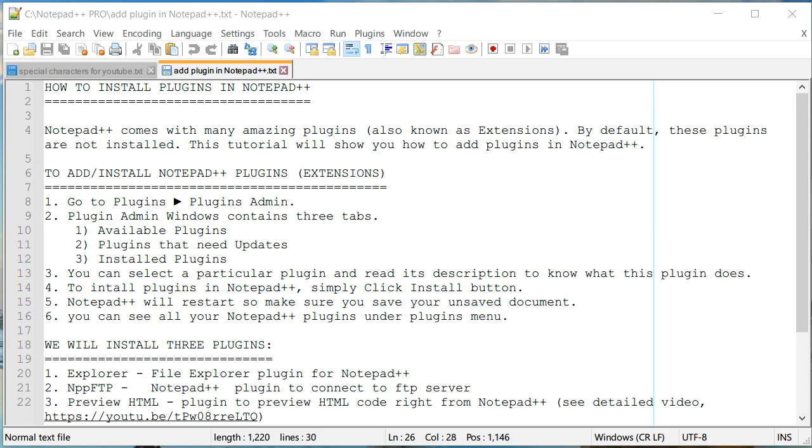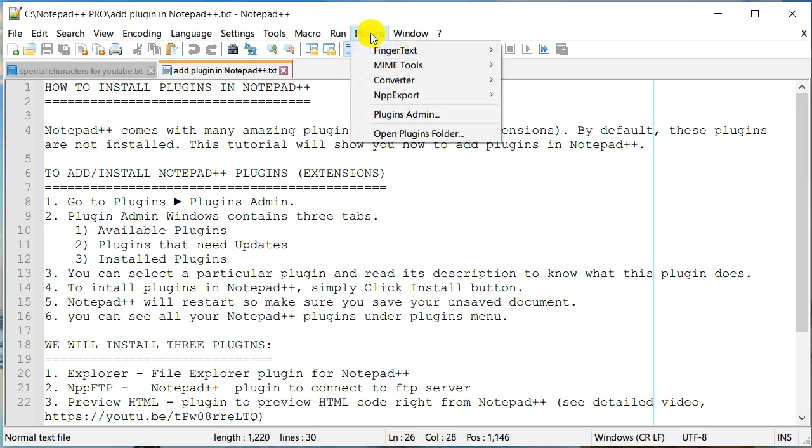Notepad++ usually comes with 2 or 3 plugins already installed. But you can easily install any plugin with just a few clicks. So this tutorial will show you how you can add a plugin and how you can install it. In order to install a plugin, all you have to do is go under the plugin menu and go to plugin